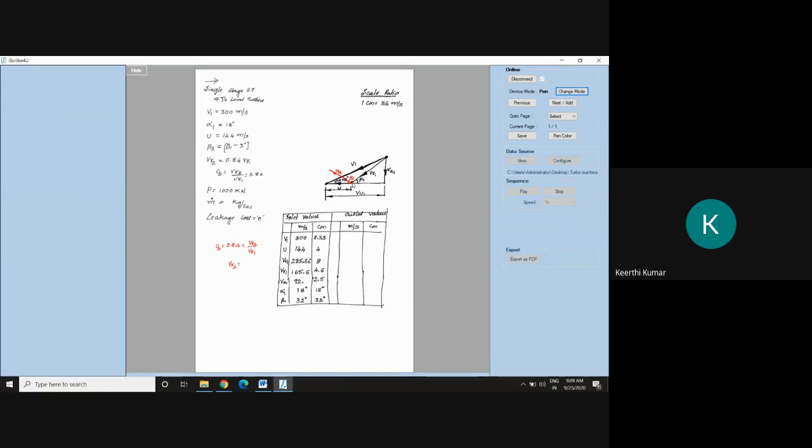VR1 you can take from the table in meter per second. CB is 0.84. So what is VR2? You can write in meters per second. Can you tell how much it is? I calculated as per your table and got 139.1 meters per second. So convert that to centimeters, divided by 36, so it is 3.86. If I draw 3.86, the triangle is going to end here. It will not exceed.